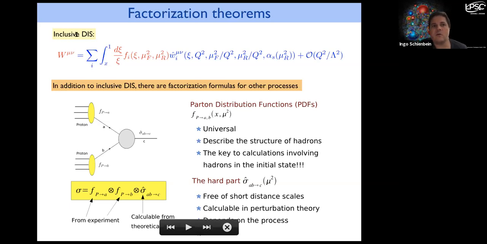And this formula for deep inelastic scattering, there are then similar formulae for other processes. For example, in hadronic collisions. So schematically, you would write the cross section at the hadron level as a convolution of a Platonic process, where you pick the parton A out of the upper proton and the parton B out of the lower proton, carrying momentum fractions psi1 and psi2.